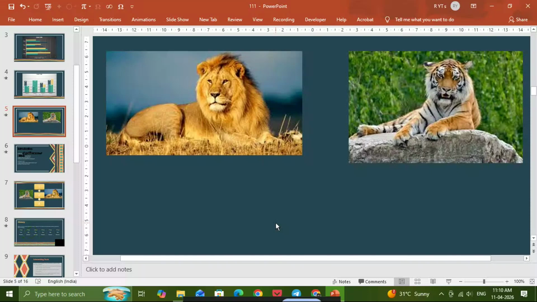If you need to save time while building a presentation, duplicating a slide in Microsoft PowerPoint is one of the easiest tricks to know. It's perfect when you want to reuse the same layout, keep formatting consistent, or create a quick variation of an existing slide without starting from scratch. In this video, I'll show you two simple ways to duplicate a slide in PowerPoint, and both methods are fast